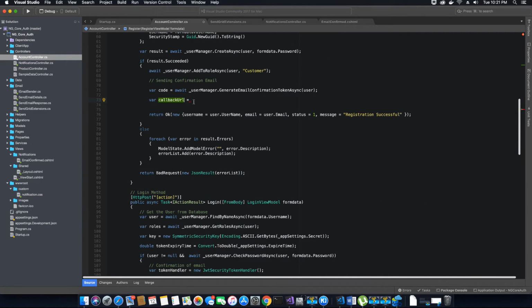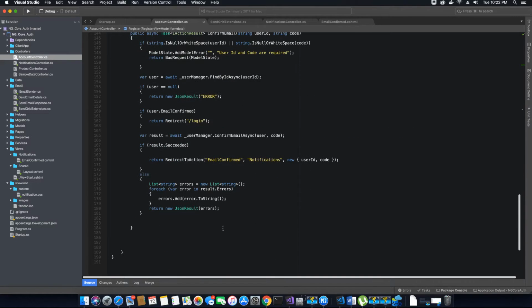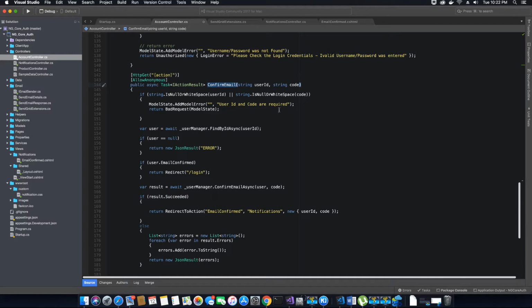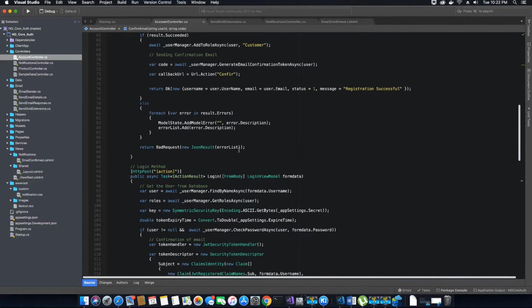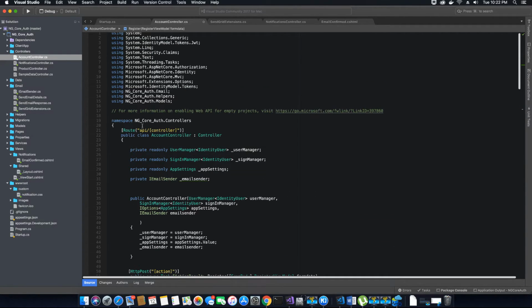So the way we would do that is, for this variable, we will use our URL property dot the action method, and the action method that we want to call, we will first provide the name of that method, which is confirm email, which we just created here. The next parameter, it's going to be the controller name. Our controller name is account,